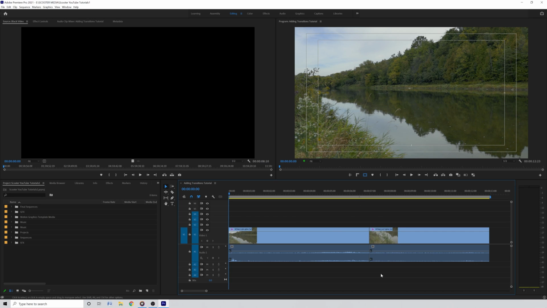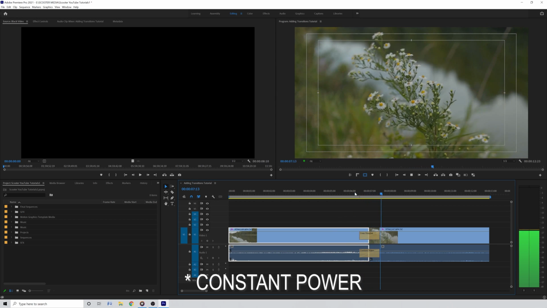Let's get into it. For this example, I've dragged a couple of video clips onto the timeline, and to add the first transition, we're going to right-click in between the two clips and choose Apply Default Transitions. This will add a cross dissolve to the video clip and a constant gain to the audio clip, which are